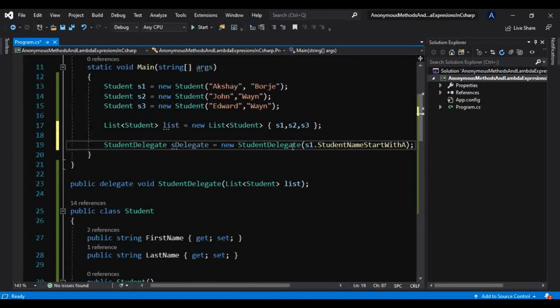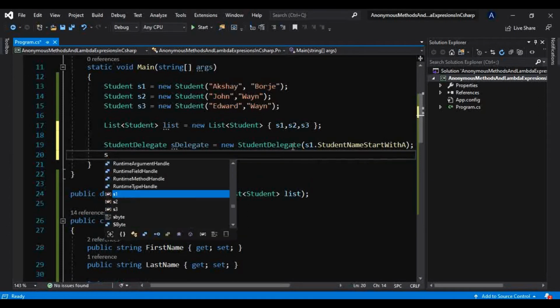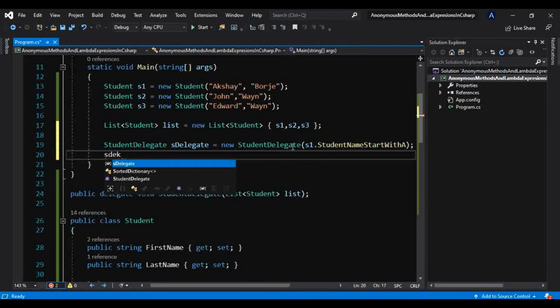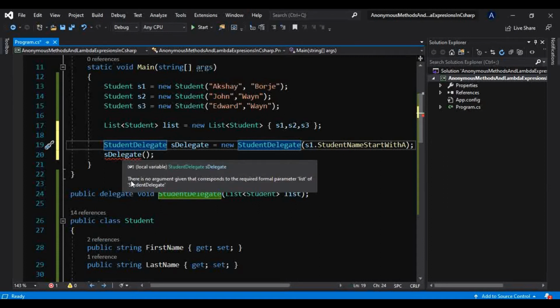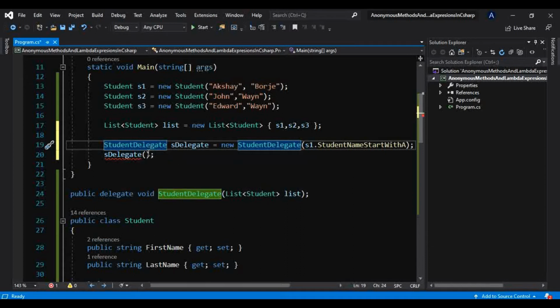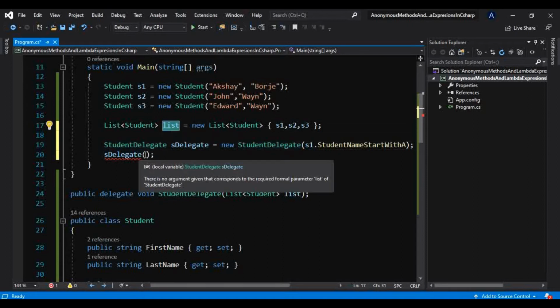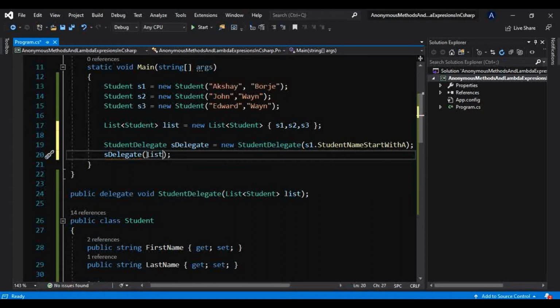Now we have to invoke this delegate, but we cannot invoke it directly like this, because this method requires a parameter. If I hover my mouse over here, we will see that there is no argument given that corresponds to the required formal parameter list of StudentDelegate. So it requires that list. Where is that list? This is the list, and I will pass that to this delegate instance.